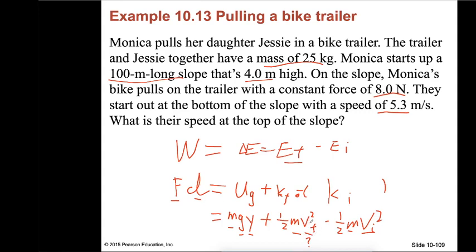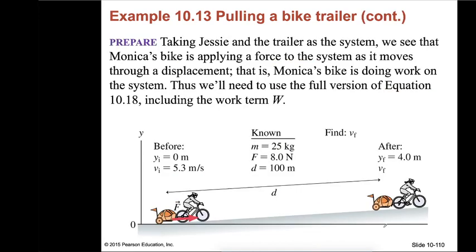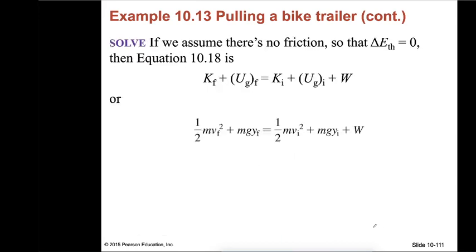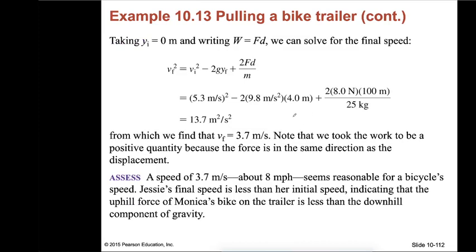So you know everything except v_f, or final speed. So you can calculate final speed using the equation if you take all the numbers into the equation. So here shows a more detailed way of the calculation. But basically, this is the same thing I'm writing below the question. So take all the numbers in, you will get the answer, which is this number.